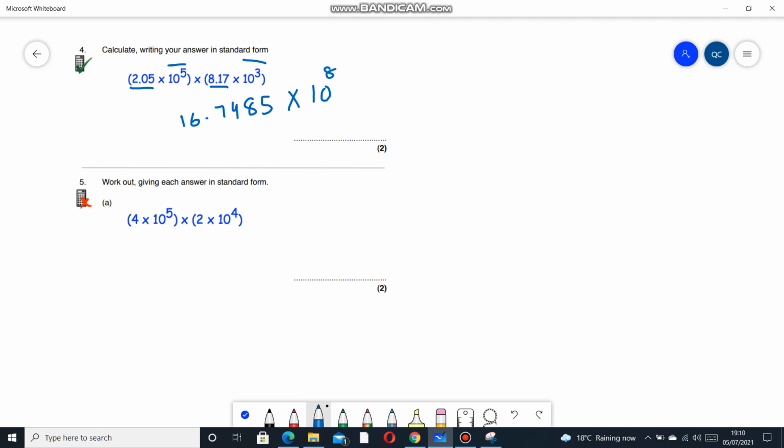But this is not the standard form, because remember from the beginning that standard form needs to have the number between 1 and 9. This is 16, and it's not going to work as a standard form. So you need to make this whole thing as 1.6. Okay, so move every digit to the left, or use the traditional way of dividing this by 10, and then multiply it by 10 to the power